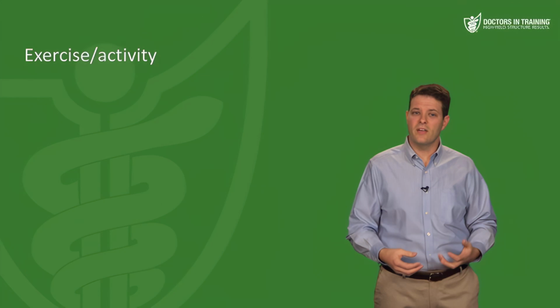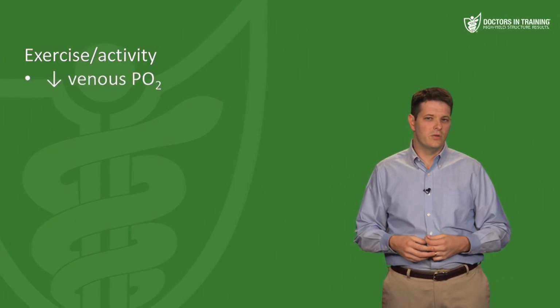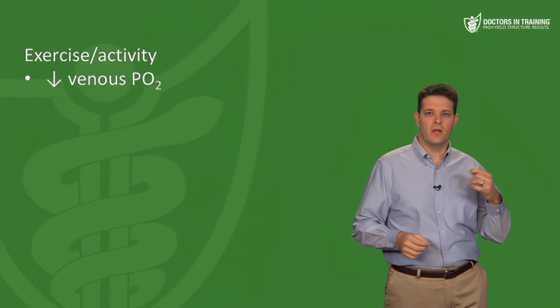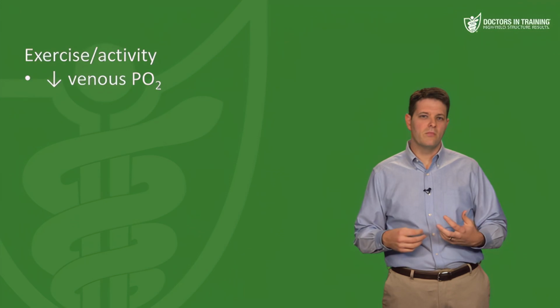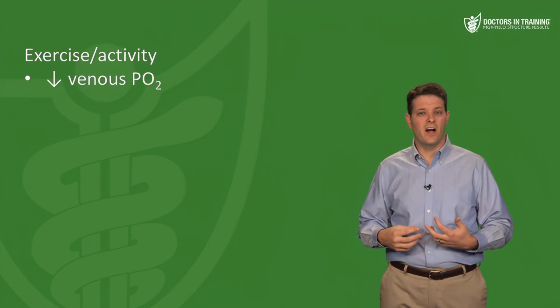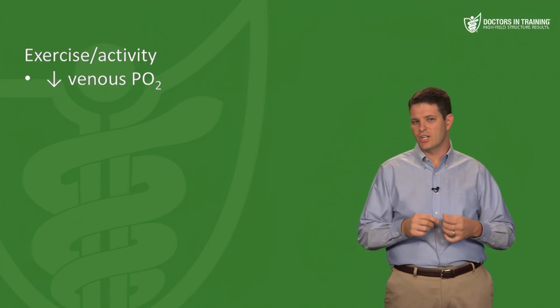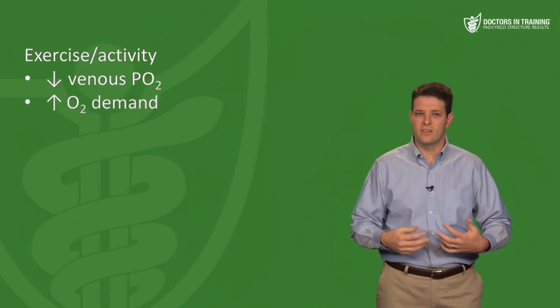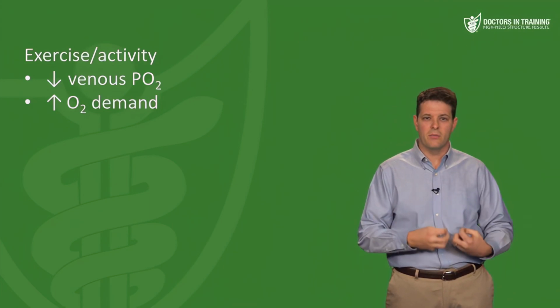And then exercise or activity, you're going to see a decrease in venous PO2. Not arterial oxygen content, but venous oxygen content will be lower during exercise. It's because most tissues don't extract oxygen maximally at rest. Most tissues only extract just as much oxygen as they actually need. But with exercise, there's increased oxygen demand, and the tissue starts to suck more oxygen out of the blood, and